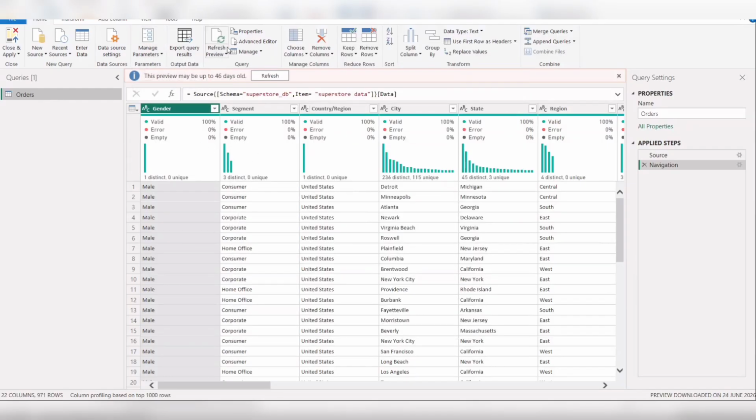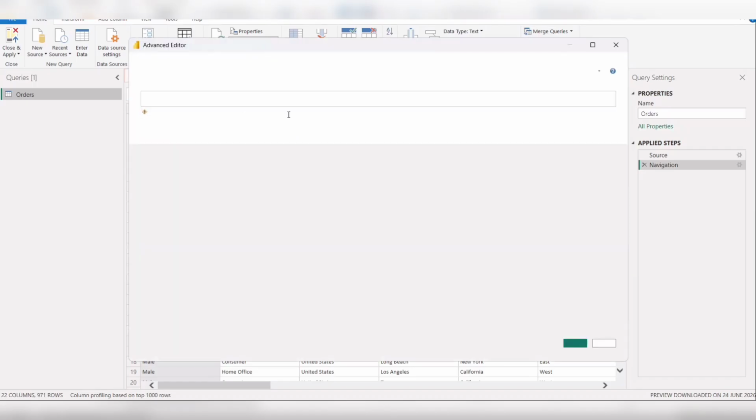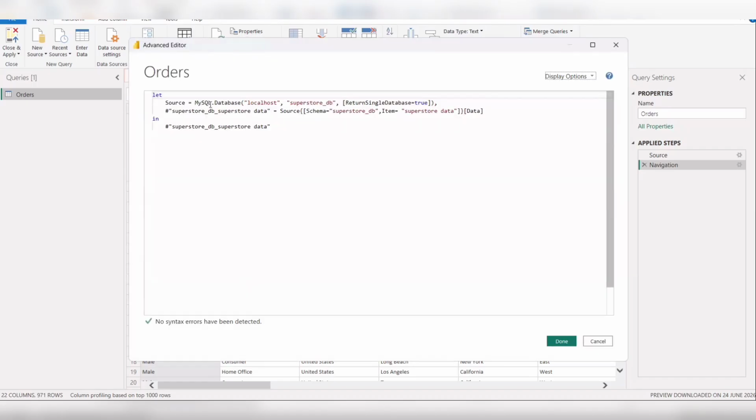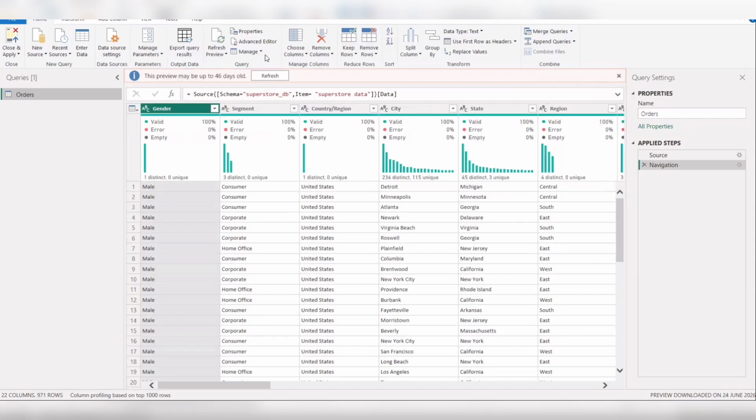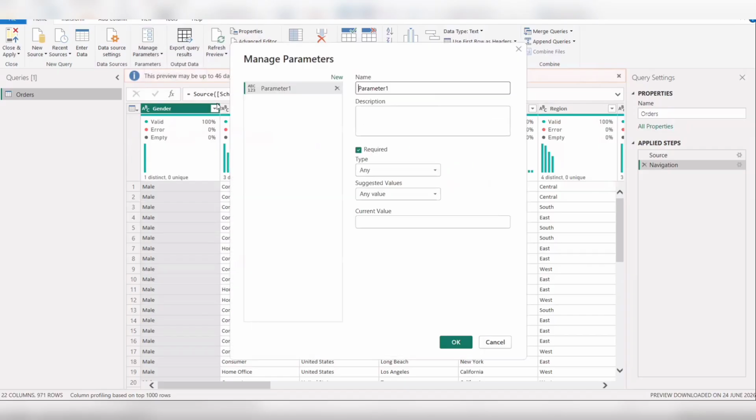So if we can see here now for this table, I have imported the data from MySQL. The server name is localhost and the database name is superstore_DB. So I will be using the same in a parameter here. I'll create two parameters now. One is for server name, so I will rename this to server name,